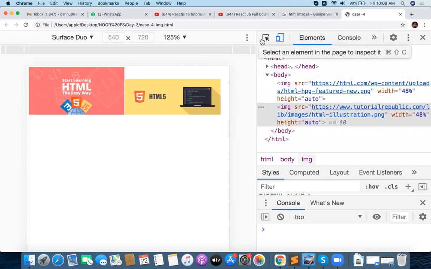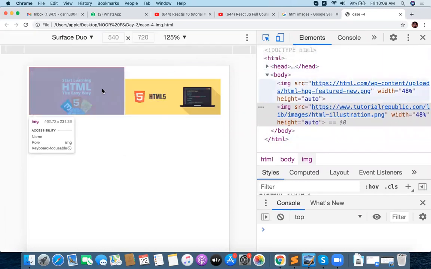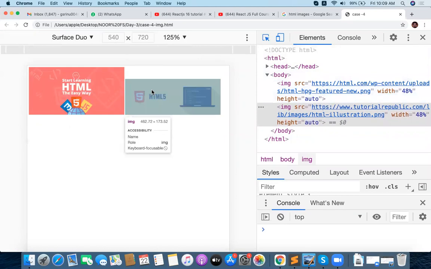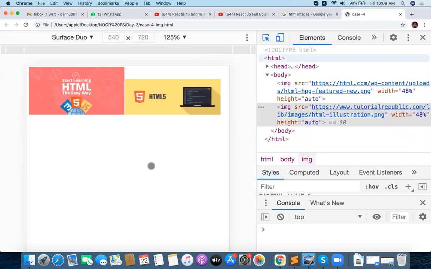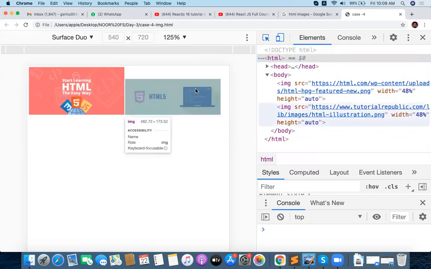Whenever you go to this image, that image is highlighted for you, and whenever you go to this one, this is highlighted. This is completely the body. Whenever you have a lot of elements and get confused, you can go with inspection like this. See, it is hovering, right? Whenever you hover on this, it highlights that element.